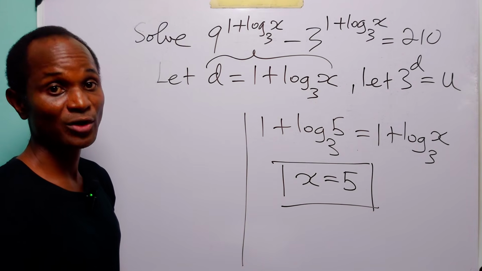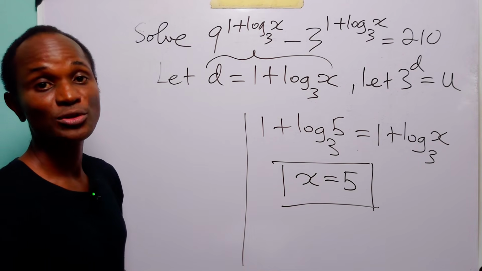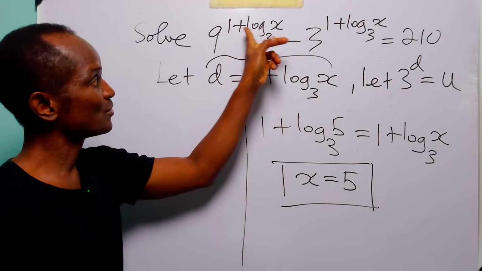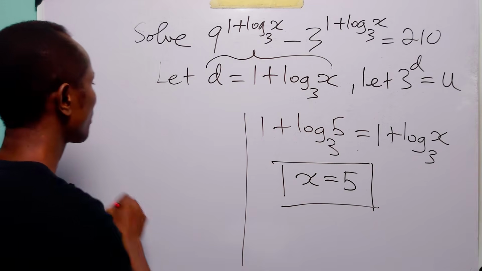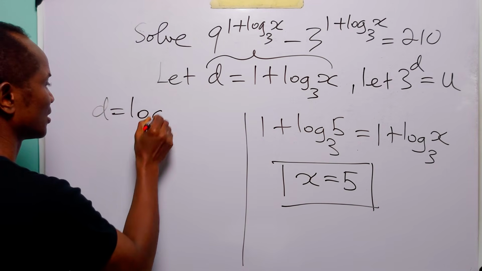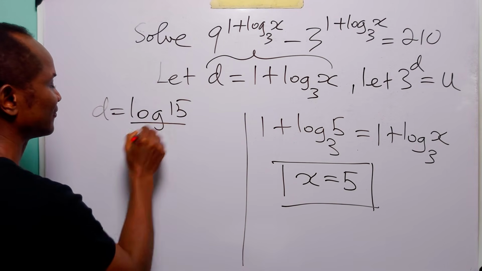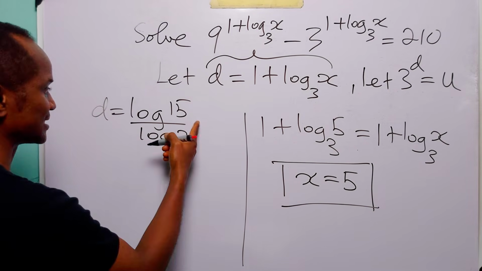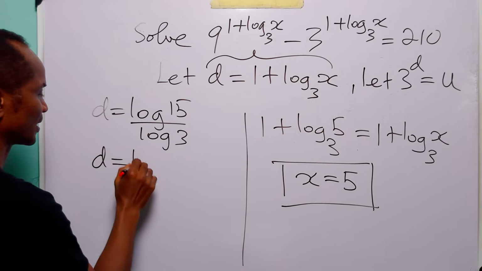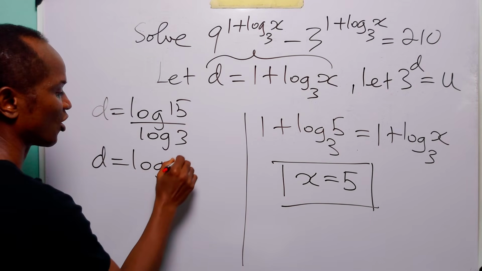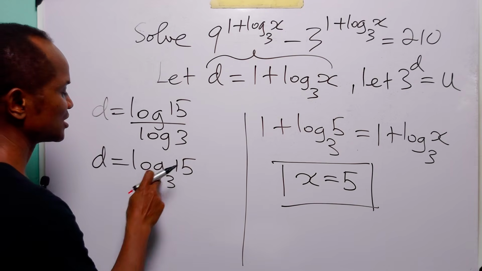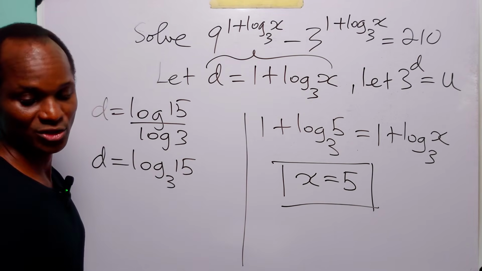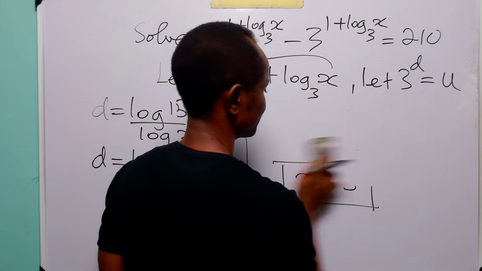Now, if you would like to check for the correctness of this answer, all you have to do is to remember that we originally calculated d, that is this, which is the exponent here, to be equal to log 15 divided by log 3. And of course, using our change of base formula, this can be written as log to base 3 of 15. Now, what you do is to substitute log to base 3 of 15 for d in this equation. And when you do that,